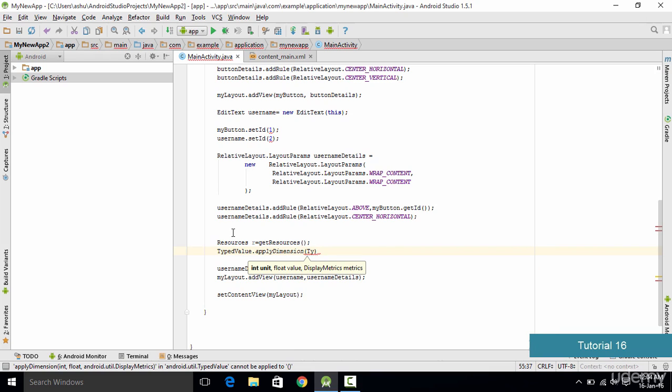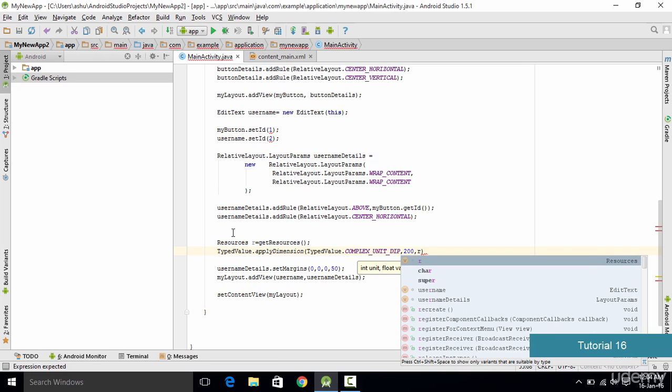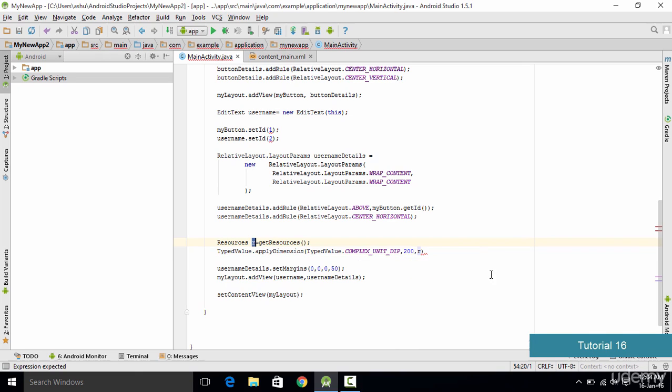So we type TypedValue.COMPLEX_UNIT_DIP, and that's going to be the first parameter. Now the next parameter is going to be the number of pixels which we want to translate. So let's say 200, and the third value is going to be the resources. So we type r, which is nothing but the object which we have created right over here, and then we